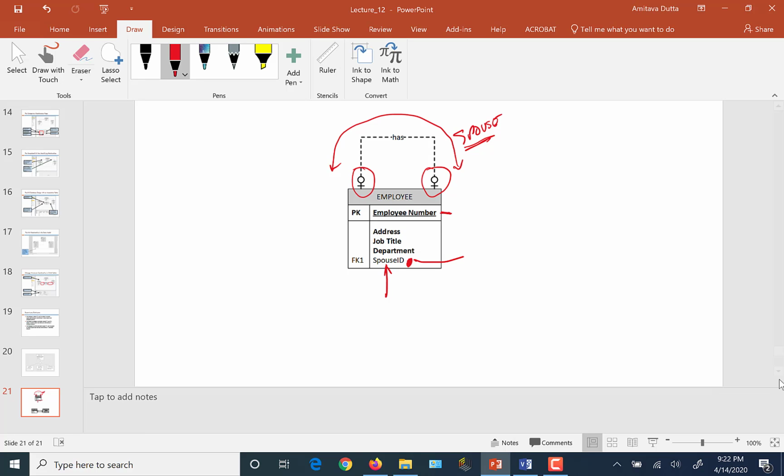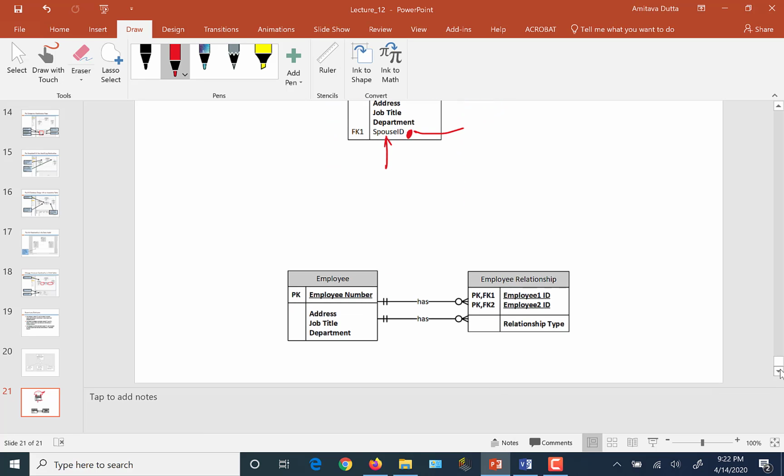So let me show you another recursive relationship. Here you have employee related to itself also, but this relationship is general. So for instance, I could have a cousin working in the same company. I could have a brother working in the same company. I could have a sister working in the same company, maybe a distant cousin working in the same company. So I could be related to many other persons in the company through some kind of relationship, other than